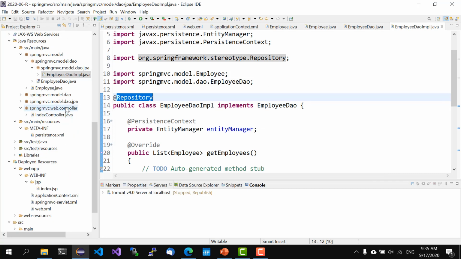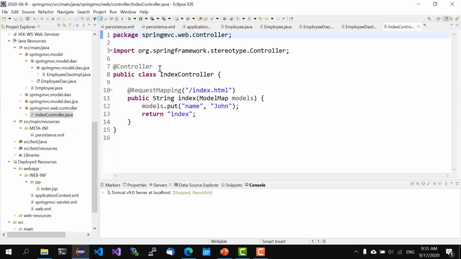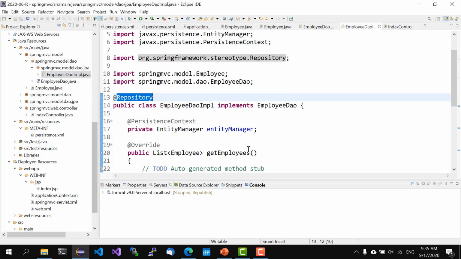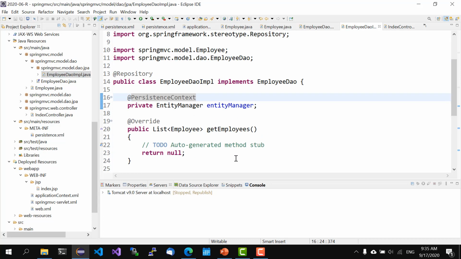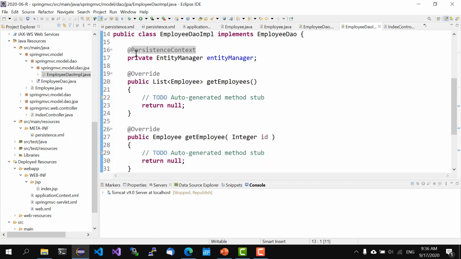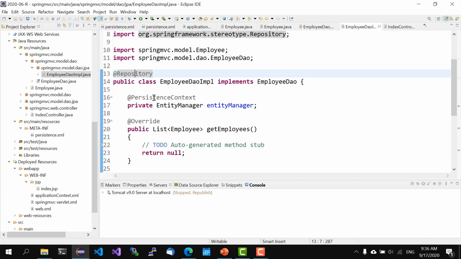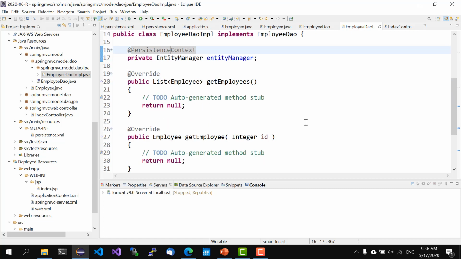So remember, if we want a controller, we'll say it's a controller. And if we want a regular bean, we'll say a component. If we want a DAO bean, a database access bean, we say repository. So now we have the repository, which makes this a bean. We have persistent context, which gives us entity manager, and then we can do